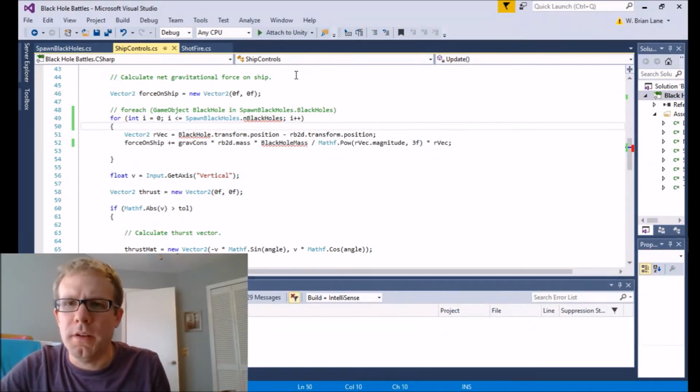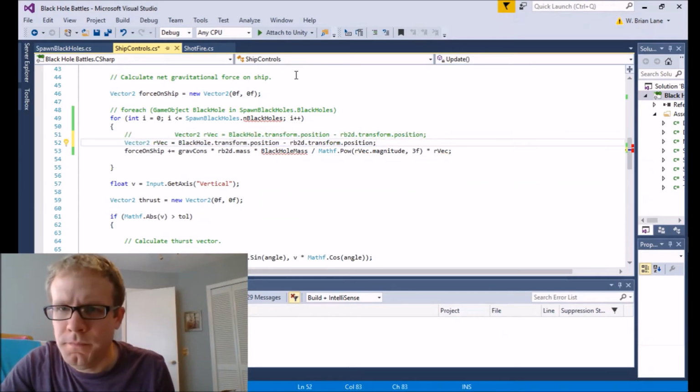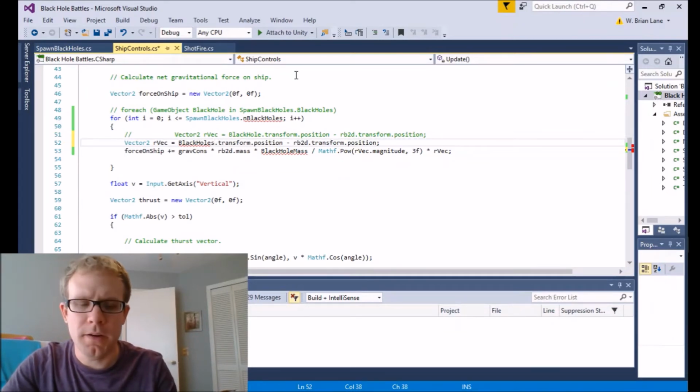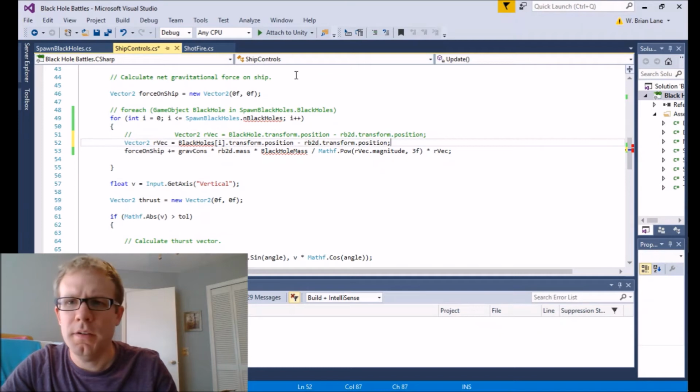Okay, here's what I'm going to need to do. Let's leave these as they are. Let's leave that one as it is. Copy, paste. Okay. Vector 2, rvec, black hole. Oh, now what I need is I need to say black holes of i dot transform dot position. Oh, excuse me. I need that to be